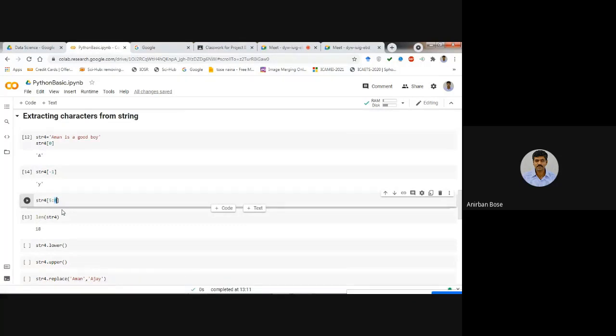So if I want to extract 3 characters, then you have to put the indexes of the corresponding characters in this way, like 5 to 8. Okay, so what is there at index 5?